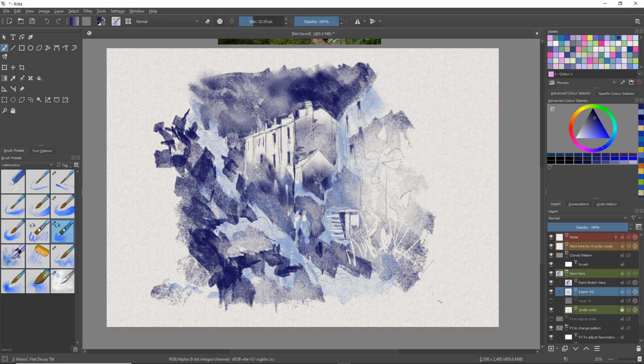I'm using the Water Sea Flat Decay Tilt brush here. These are all the new watercolour brushes, by the way, that came out in 4.3 of Krita. Not a lot of detail in there. Doesn't need a lot. Do I fill these in, or do I leave them kind of like that? It's abstract shapes. Tell you what I do think I need to do, just